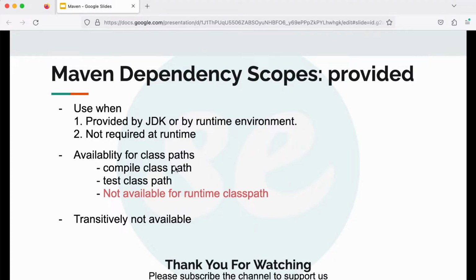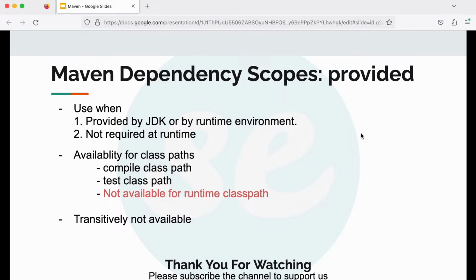The next is the availability for the class path. The dependency with the provided scope is available when we are compiling our source code, and when we are compiling or executing our test cases, but the dependency will not be available for the runtime class path.